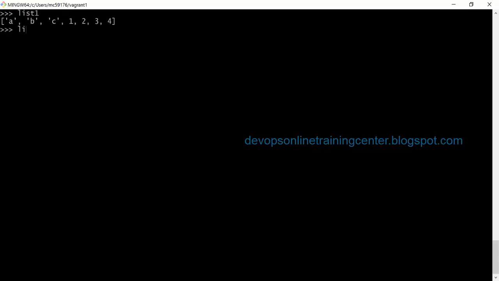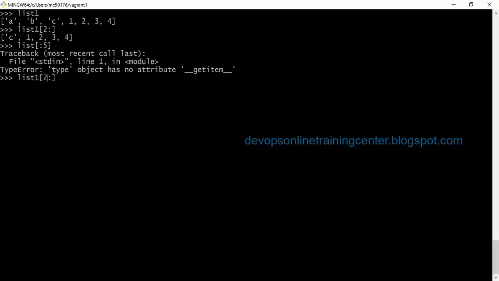List 1 of 2 colon will give starting from the second element till the end. Or if I give like this colon, I'll not give anything in the beginning and give fifth. Sorry, again list 1. So this will give starting from the beginning till the fourth element. Okay, is this clear?